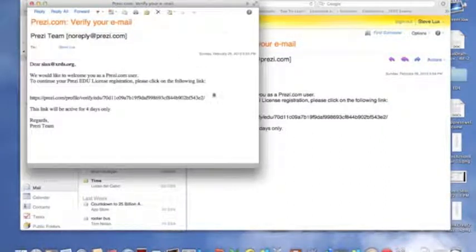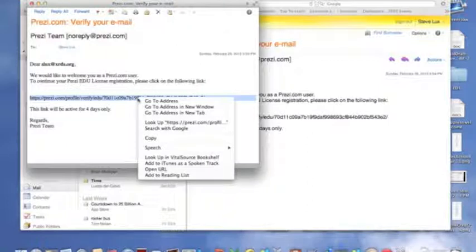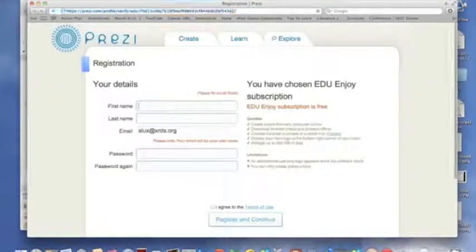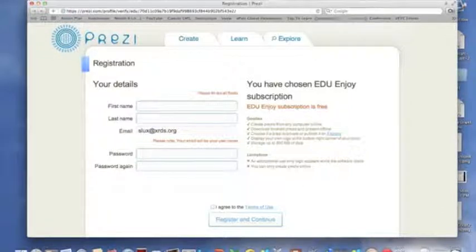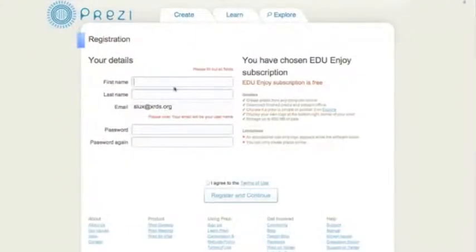And as soon as you click on it, it verifies your account, and there's a link here which will take you back. Now notice on my link, it's not live. For you, hopefully it is, but whenever you have a link that's not live, if you highlight the link like that, make sure you don't get the second line there. If you right click on it, it'll give you the option to open up the link, and you probably want to do that in a new window just to get used to that. So I'm going to go to address in new window, and you can see it took me right back to the Prezi account page. So I'm going to go back to full screen here,